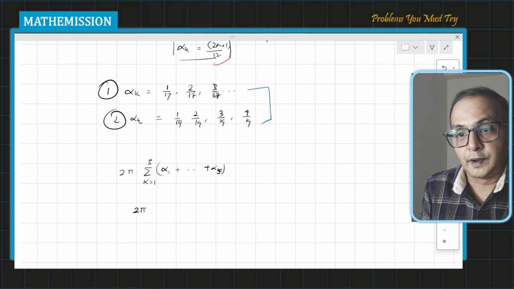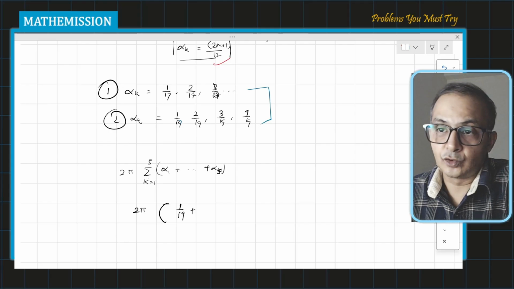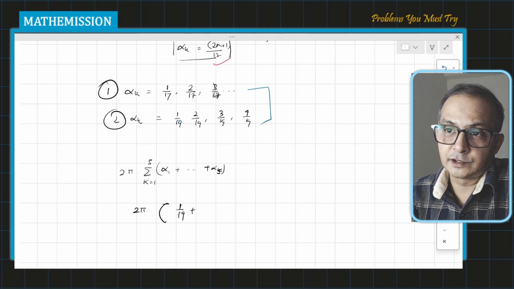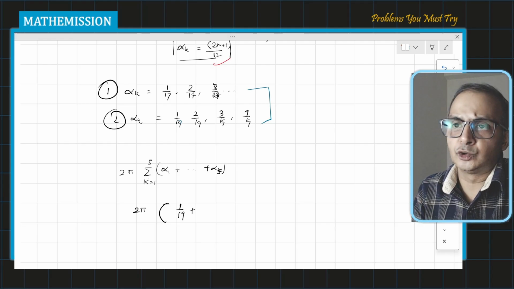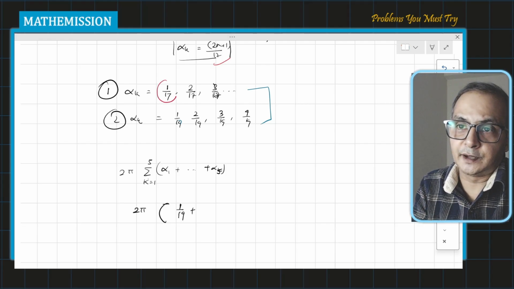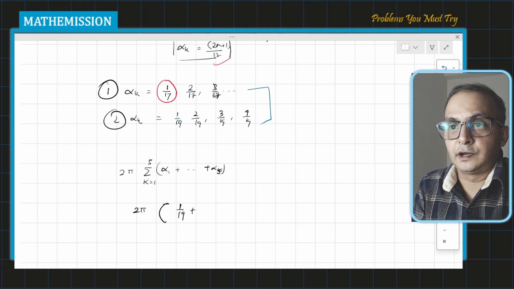2 pi is the least number, this one. So I'm writing 1 by 19. Now notice the 2 by 19 is also lesser than 2 by 17. How can you know that? You notice that here I can multiply. So let me do 19